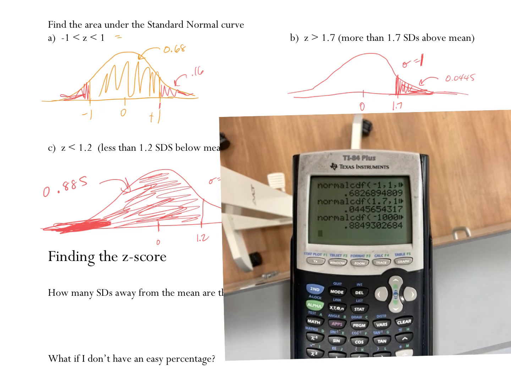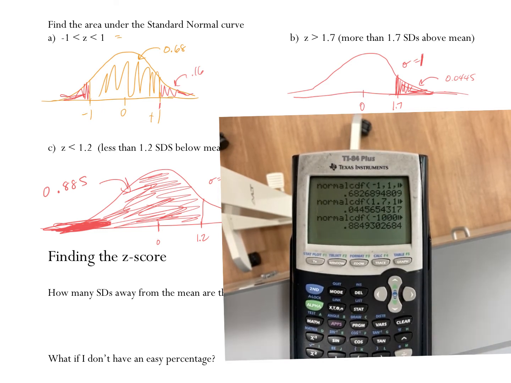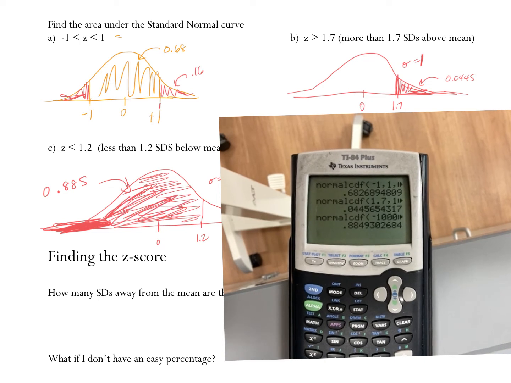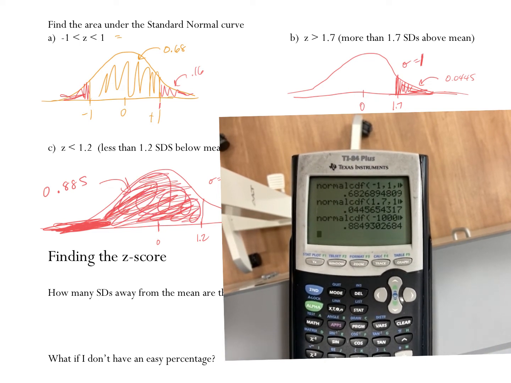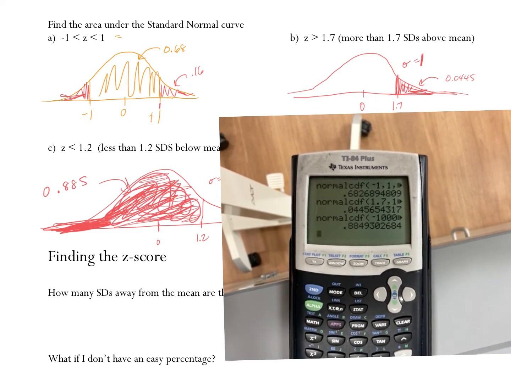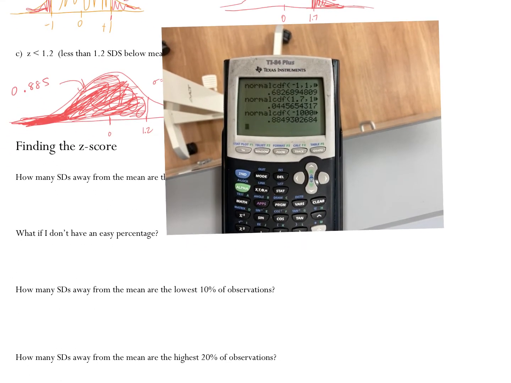Roughly. Actually, no. It's the red part, right? Well, it's the all red part. Oh, yes, I would say. I was just trying to highlight the negative infinity part of it. All right, and then